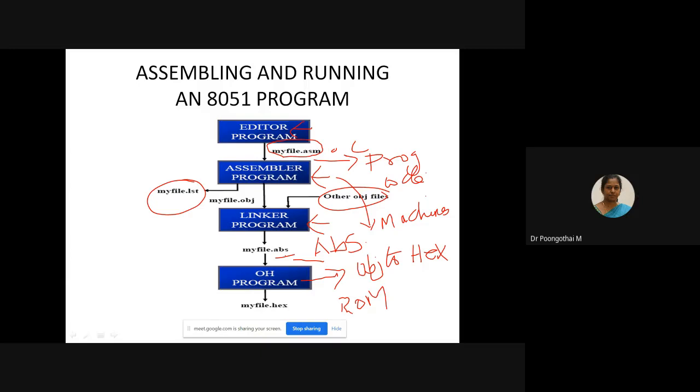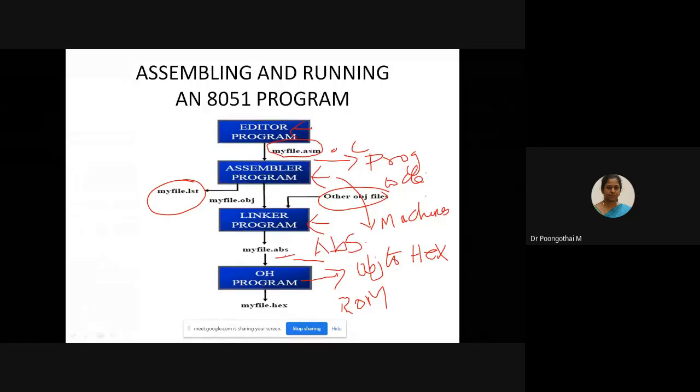So these are the processes involved in assembly language program development. First is the editor, to create your assembly language file, and that file is given to the assembler.